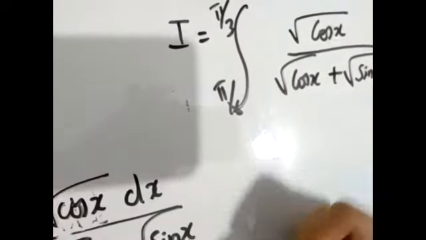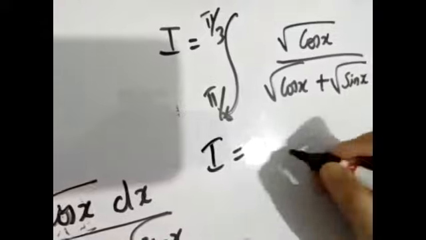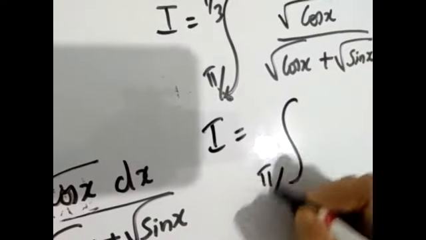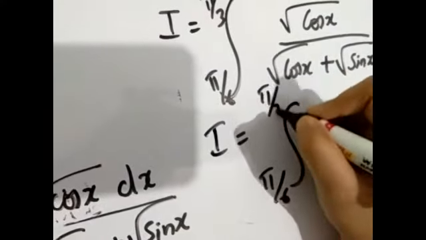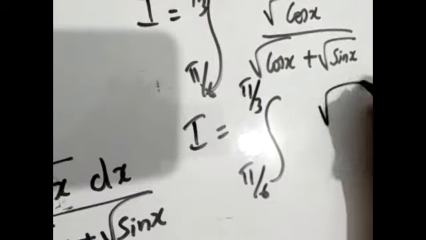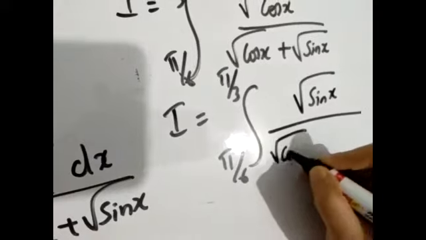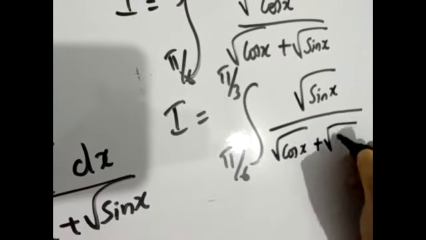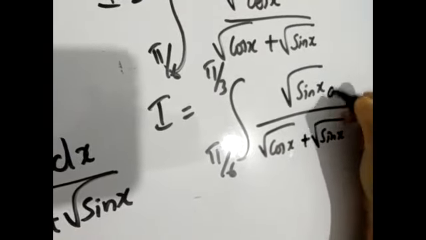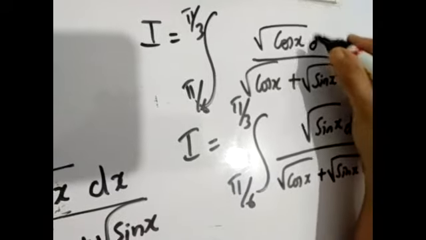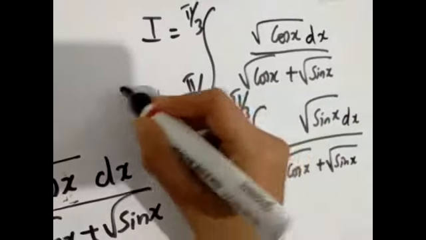Then towards the end I had I equal to integral pi by 6 to pi by 3 of root sin x by root cos x plus root sin x. So I have dx over here and dx over here too. So if I add these two equations, I get,